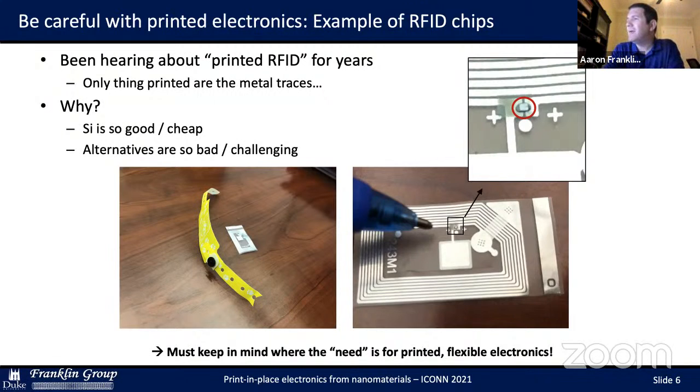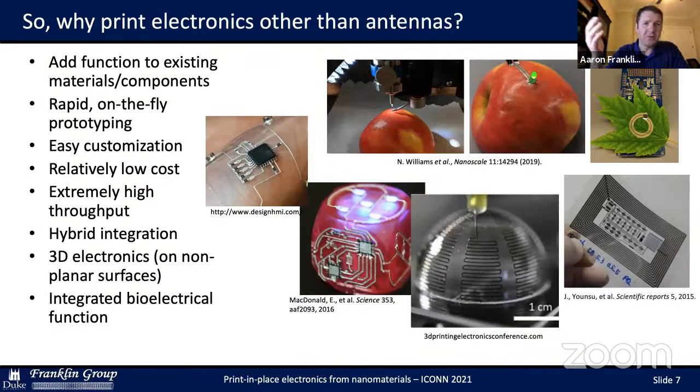And so this sounds a little discouraging when you want to open a world of printed electronics, to think maybe we don't need to print everything that we might already fabricate using traditional silicon. And that's what this analogy is meant to represent. It may not make sense to print the RFID chip, but what about other features in the printed electronics space? So if we're going to print things, what should we print other than the antennas in these RFID tags?